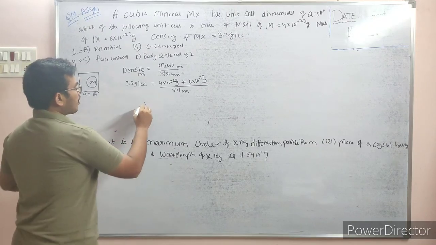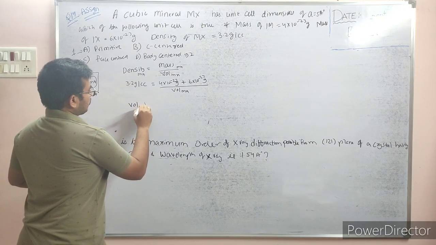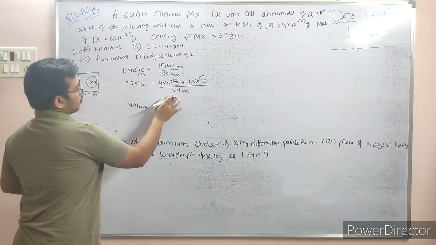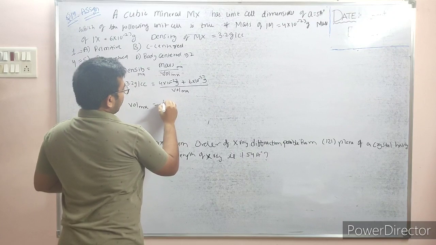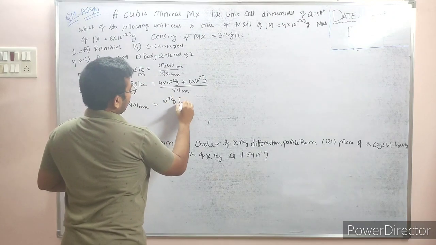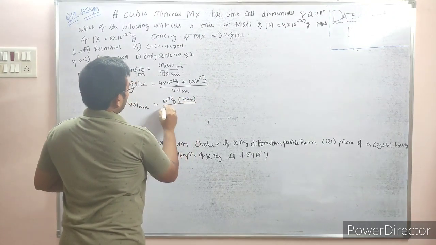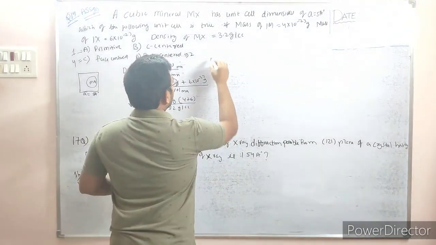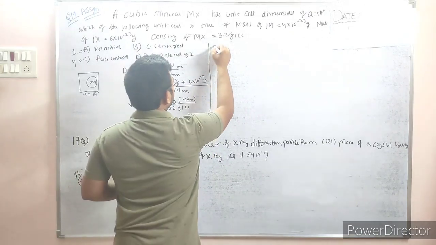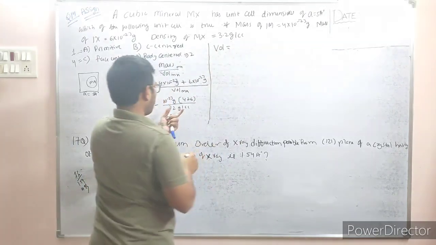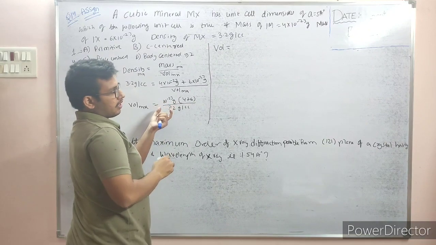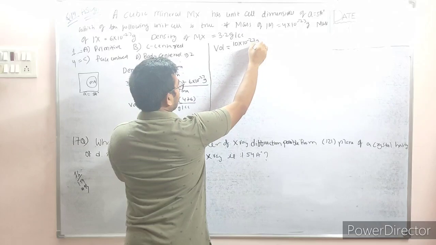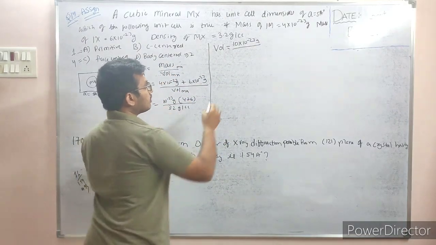Now we can find the volume of Mx by, if you take down this value to here and put this value to here, so you will find out, taking 10 to the power of minus 23 grams common, 4 plus 6 upon 3.2 gram per cc, which will give volume is equal to 10 into 10 to the power of minus 23 grams upon 3.2 gram per cc.